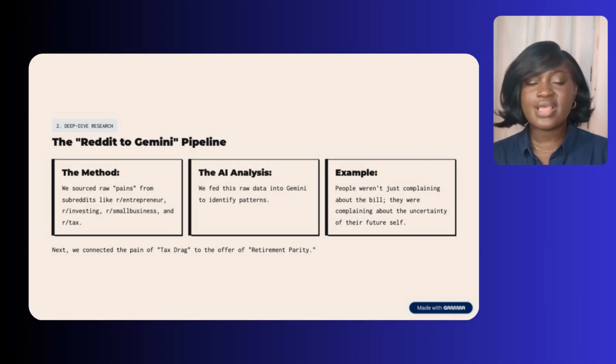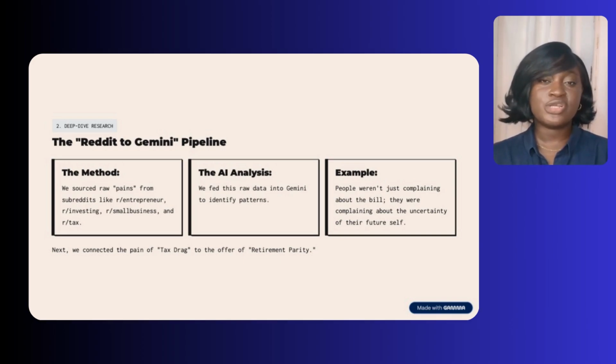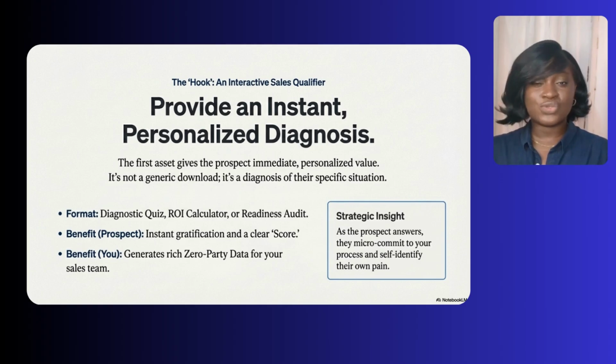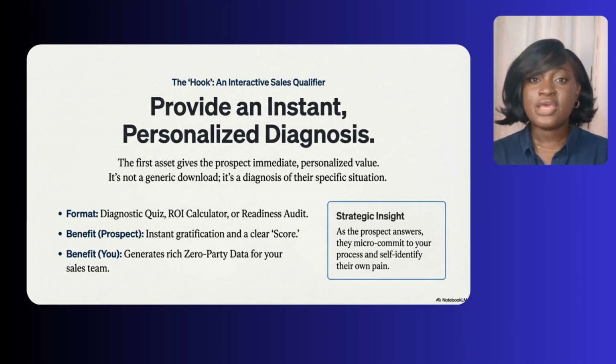So you want to make sure that whatever research you're doing, you're analyzing it and looking at the common threads between the ICP's conversations and your own offer or service. In 2026, when you're thinking about your lead magnets, your sales, or your ad strategy, always think about immediate value to your ICP. How can you deliver immediate value to them in the shortest time possible? Because while you're waiting for them to attend a 20-minute webinar, a colleague is delivering immediate value. They're already booking meetings with someone else.